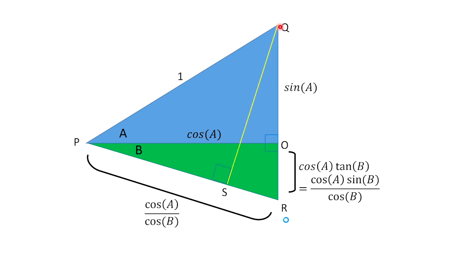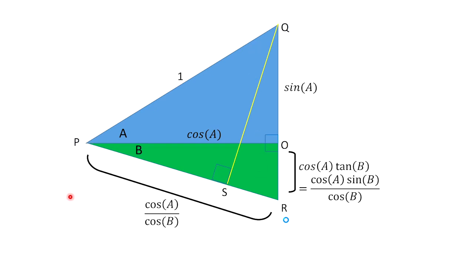Next is the key: I'm going to create the height, from Q to S, perpendicular to PR. So QS is perpendicular to PR, and there is a right angle. Now, because we assume PQ is 1, the length of QS is sine of the angle A plus B. So all we have to do is find the relationship that includes sine A plus B based on the area of the triangle